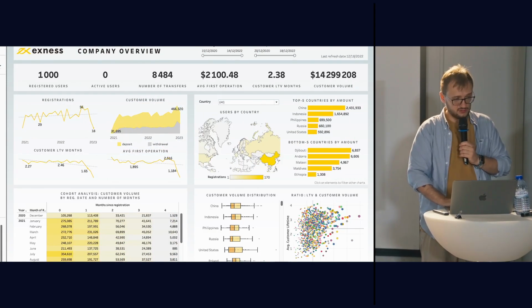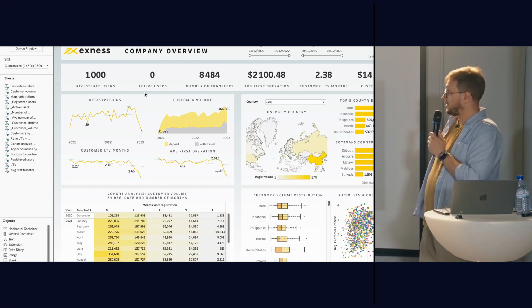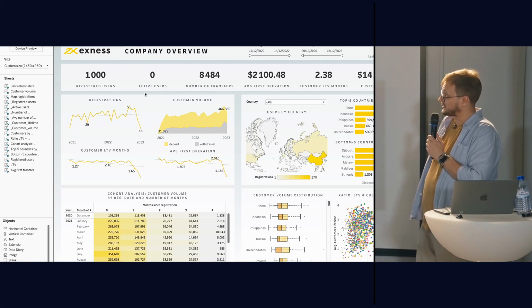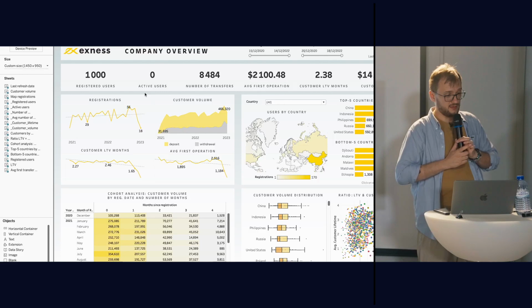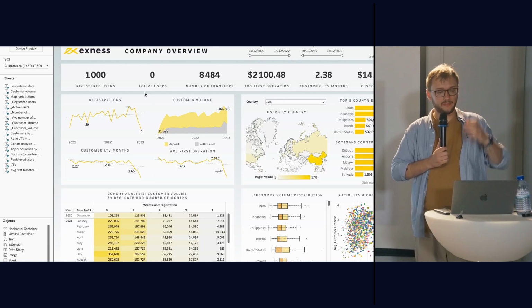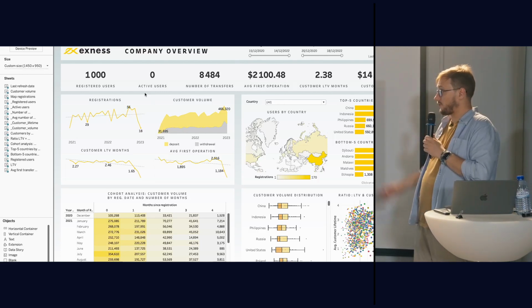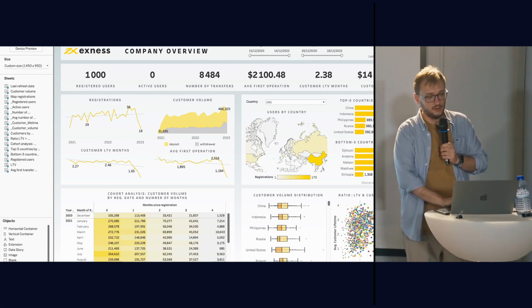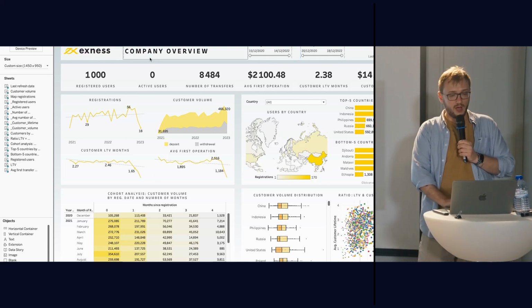You see a dashboard. Okay. It's a bit small in terms of size and in terms of scale, but I believe you got the idea. So let's go from the very top to the very bottom. Let's start with the dashboard title.